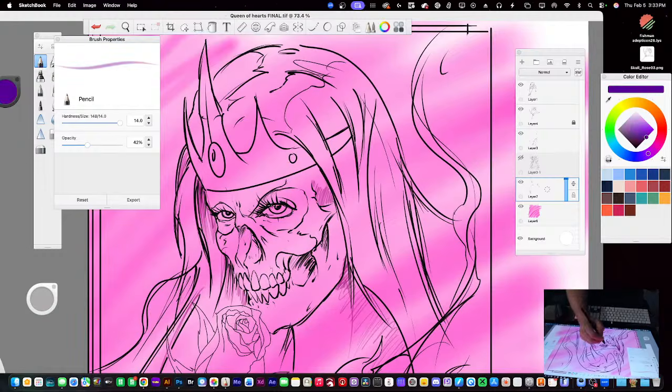She should have like purple eyes, I think. And then it'll have a bright something like that. I'm going to go back to the pink. The shade in here.